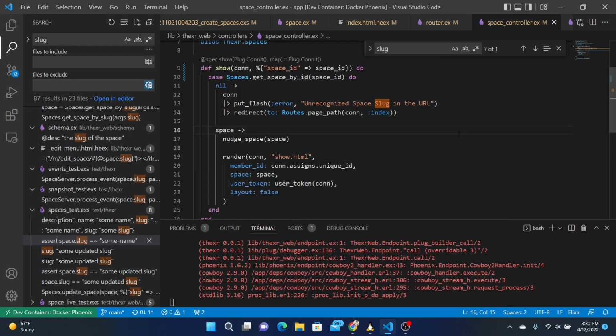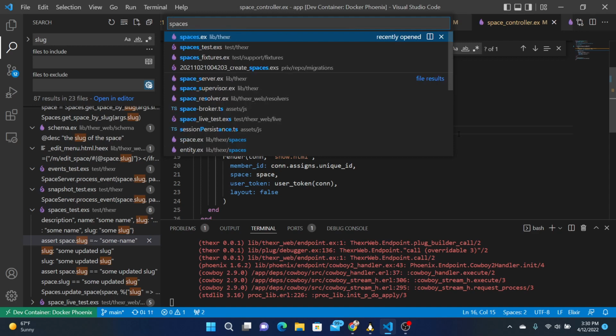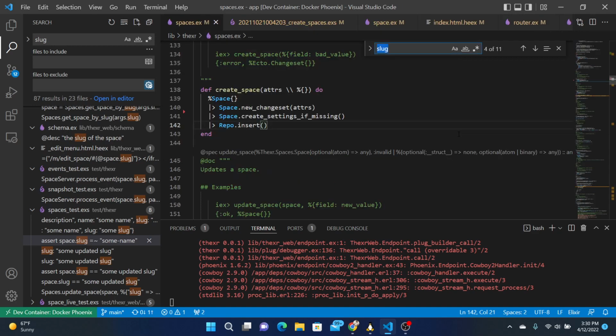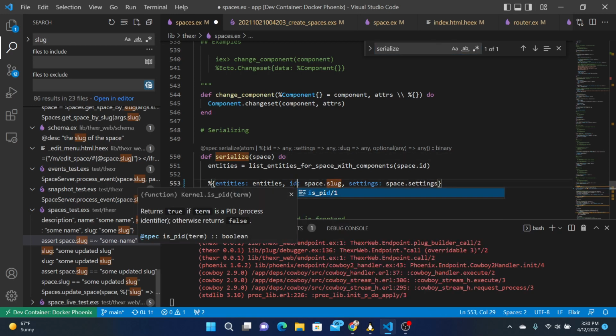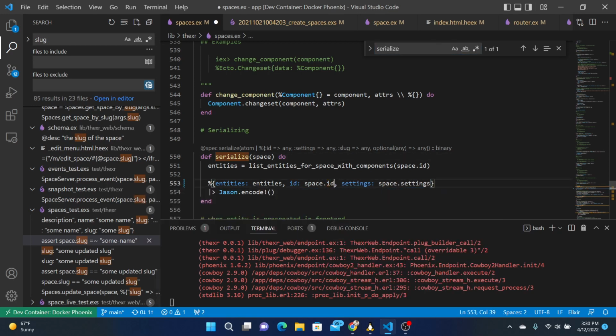Let's look at the serialize method. Okay, we're not going to have that. We're going to have ID, space ID.